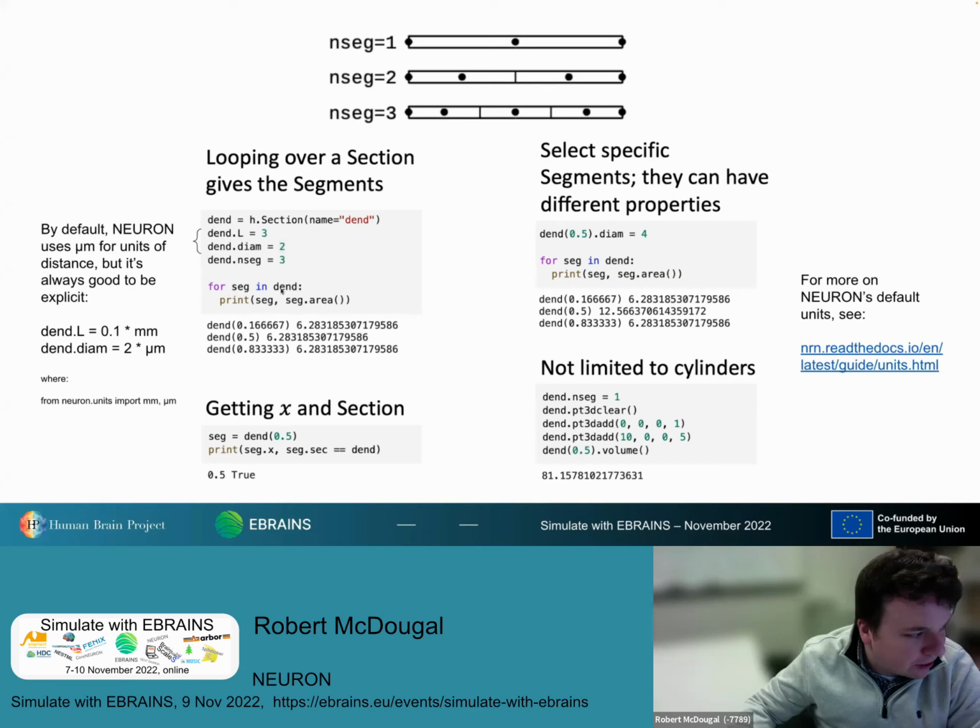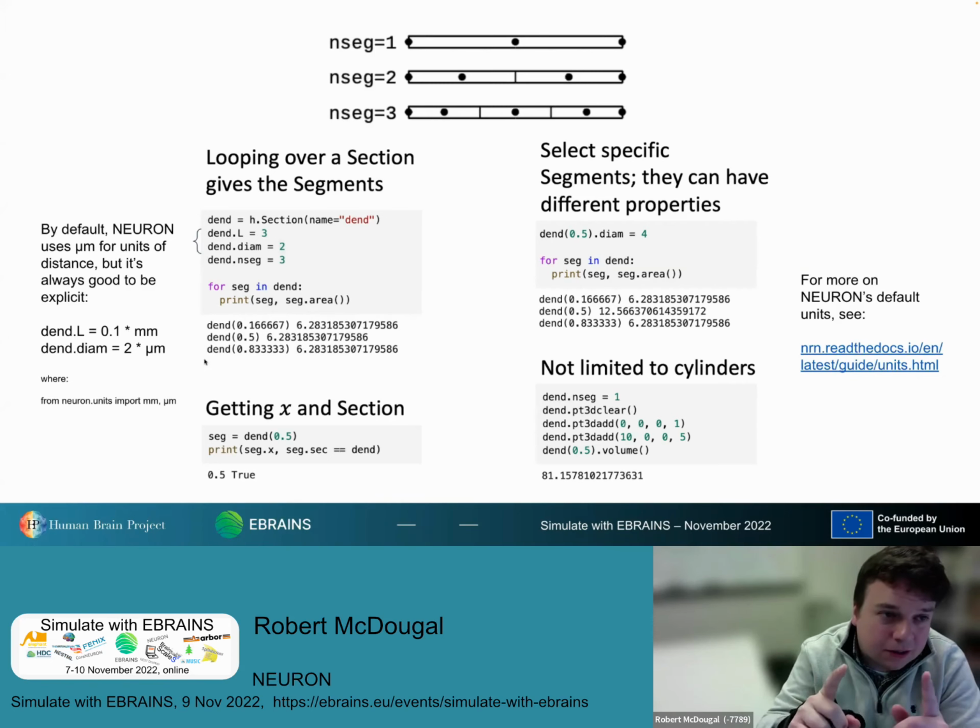So if I'm looping over all the segments in dend, when I say that there's 3 segments, well, hey, look, the first one is, well, let's go to the middle one. These are all normalized positions. So the first one is 1/6 of the way through the dendrite, and it has a certain area. The second compute node is halfway through the dendrite, and it has a certain surface area. And the third one is 5/6 of the way through the dendrite, which will be here, and it has a certain area. So we like to represent everything in terms of fractional positions along the sections,